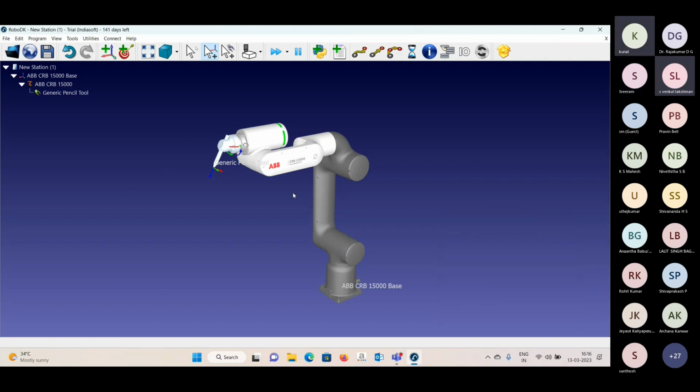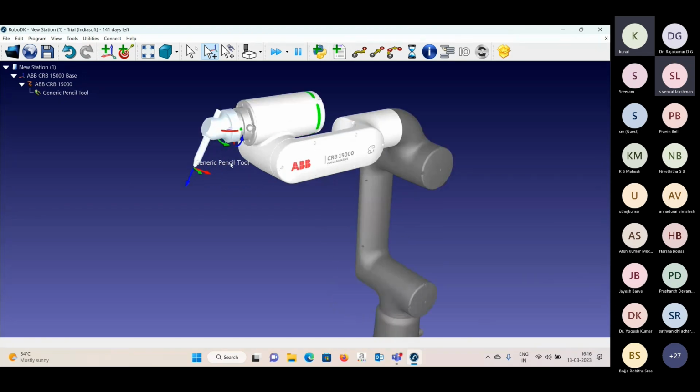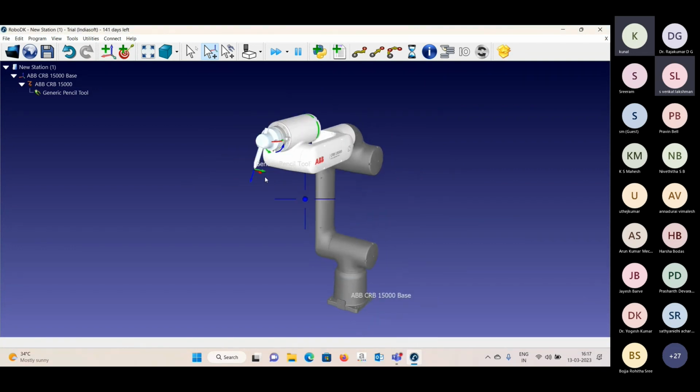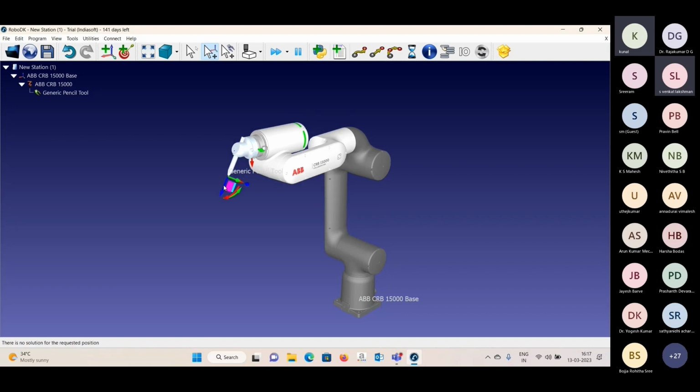Okay, so as you can see here, the tool is directly attached to the robot. This is because of the reference frame. The reference frame of the gripper and the reference frame of this front end of the robot match directly and the gripper is attached to the robot. So for doing a simple experiment of making a rectangle, I need to first move this robot a bit downwards, if you can say,